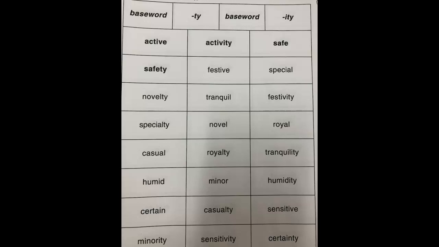And these base words that we're going to start with are going to be base words that we just have to add ty. So all of your words are going to add a suffix. Remember, suffix is at the end of a word. So we're going to only work on the base words this time that are going to add ty. So go ahead and work base words. I'm going to start with one color, and I'm going to circle the word safe with that one. I'm going to go ahead and circle, let's see,